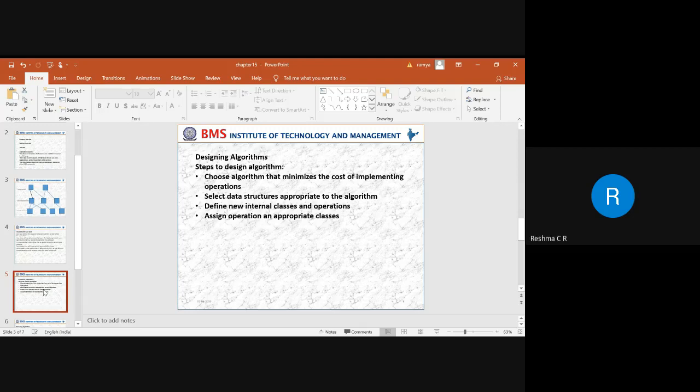So if you are taking a small amount of data, what should be the efficiency, whether the system is efficient for all the different values or not, that has to be identified. And the next thing is the complexity of the algorithm that we are trying to use, whether it is based on constant time, whether it is linear, quadratic or exponential.